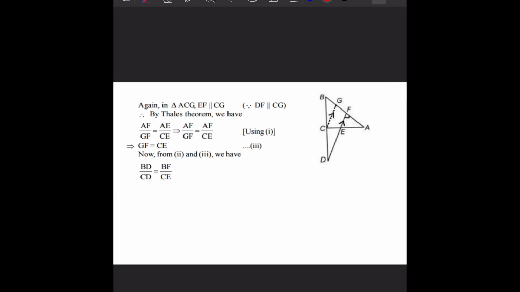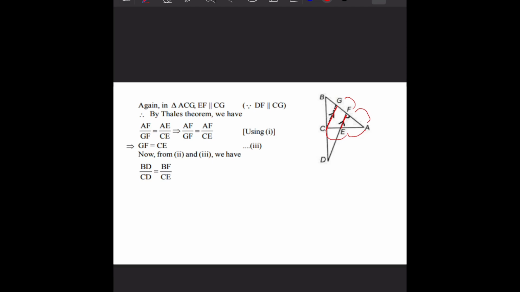Again, in triangle ACG, similarly, these lines are parallel. So by Thales theorem again, AF upon GF is equal to AE upon EC. So AF upon GF is equal to